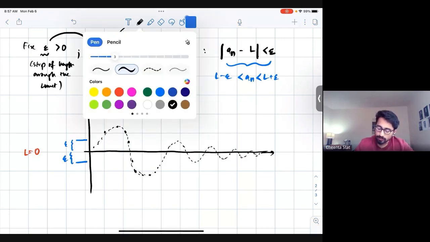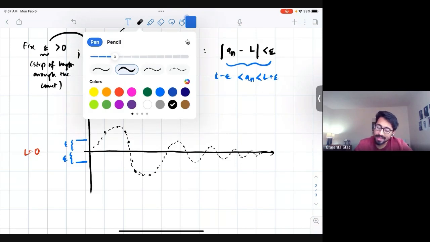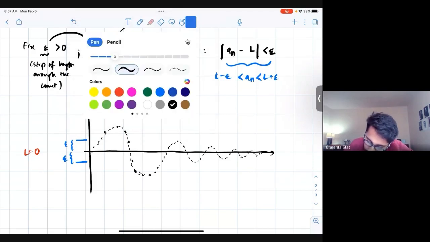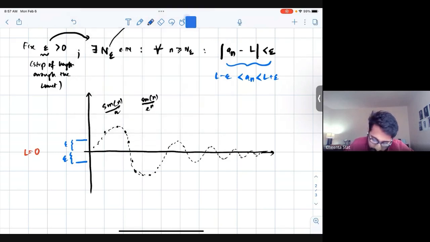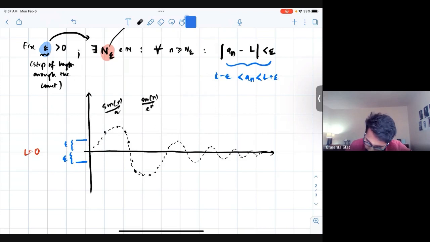Now what they're doing is that they're saying, okay, let's fix this and let's fix the epsilon length. Now for this epsilon length, there will be an n epsilon. Let's say this one. So let me mark each of them individually. Let's say this one is the red. So what's the red one? The n epsilon here, if you just draw it,